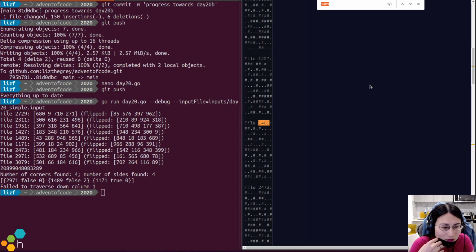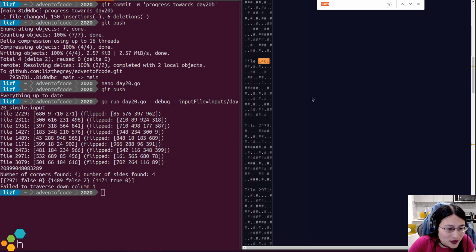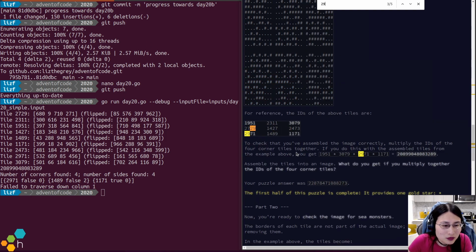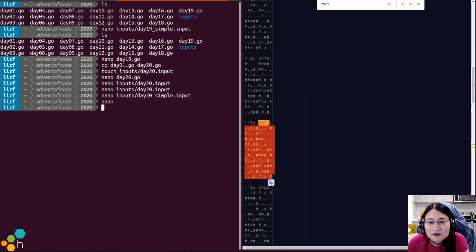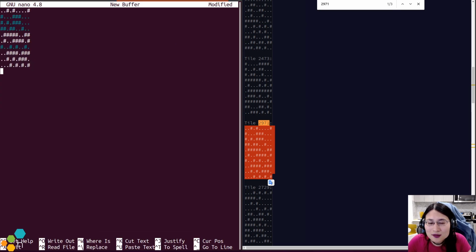So I should be able to take 1489. In fact, let's just do this in a text editor. That'll be easier. Okay. So I've got 2971, which is completely unmodified. So I've got this.